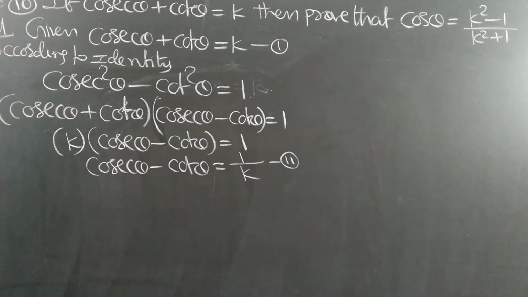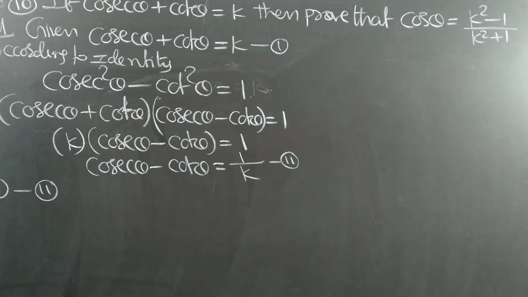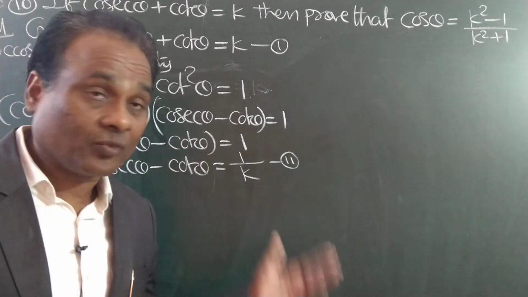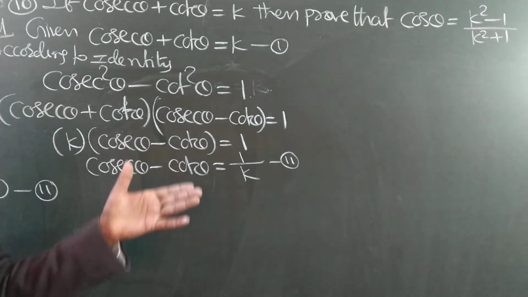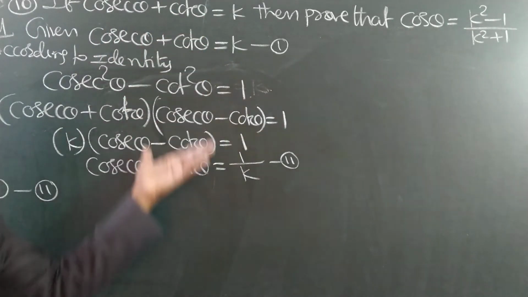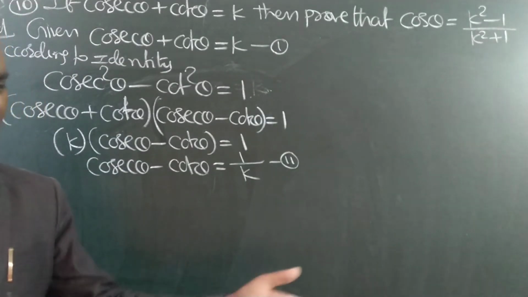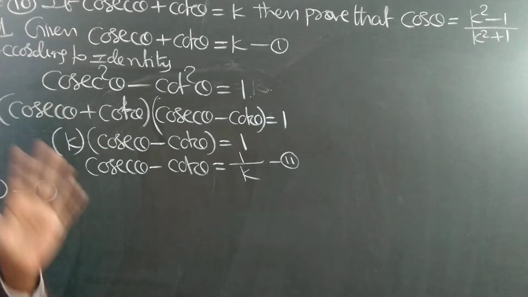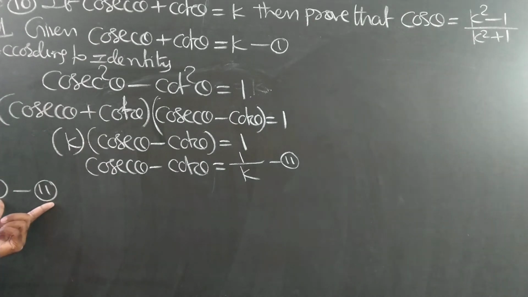Now, after getting this, you have to get this idea: first equation minus second equation. You have to remember. Previously I explained that in many problems, just looking at the problem, we will get the idea what to do, which formula we need to apply, how to proceed and how to get the proof. But in some rare problems, you have to remember the step. This 1 minus 2, and again 1 plus 2. Two things you have to remember.